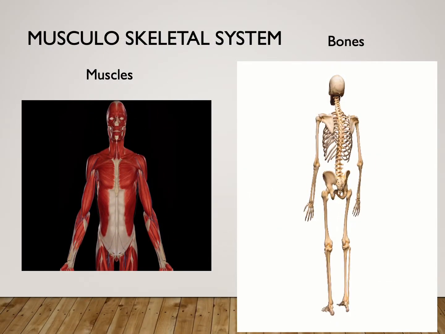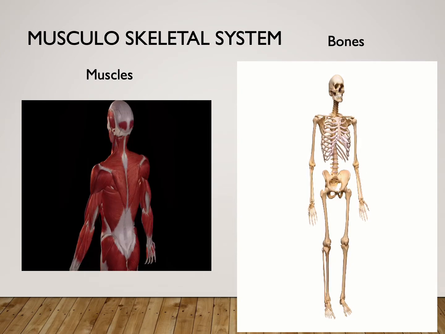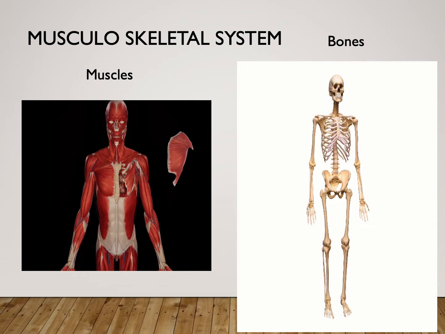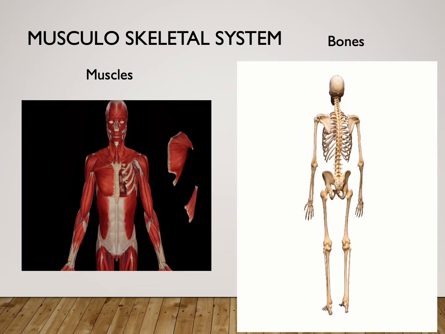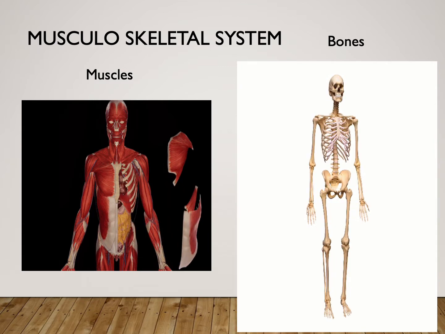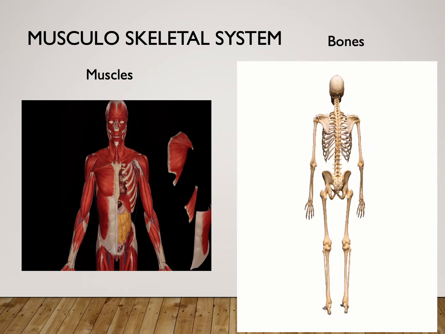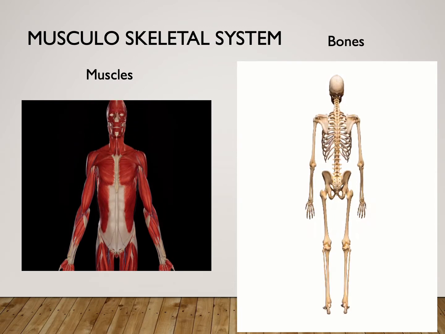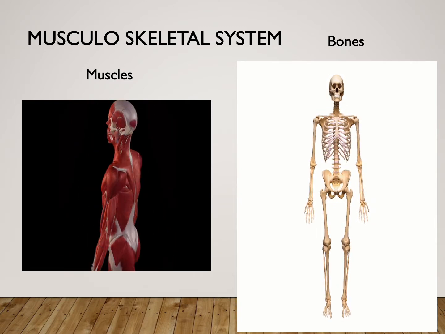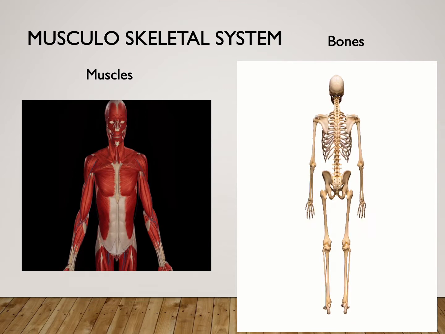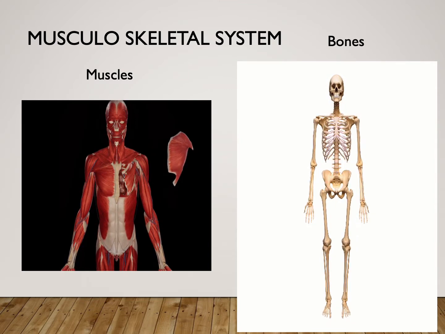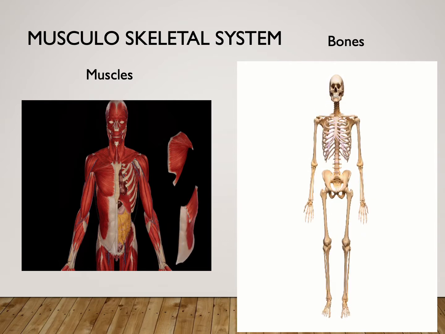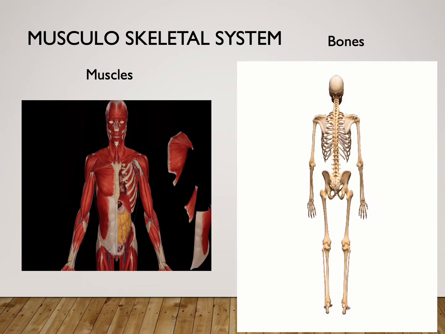Let us learn about the musculoskeletal system. What does it consist of? It consists of muscles, bones and the joints. Muscles perform movement and are attached to the bones. Bones, they provide support to the body. Do you know our human body has 206 bones and around 630 muscles. Out of these, only the skeletal muscles which are attached to the bones can perform movement or move your body.